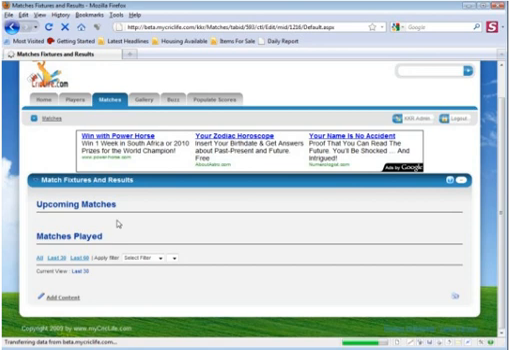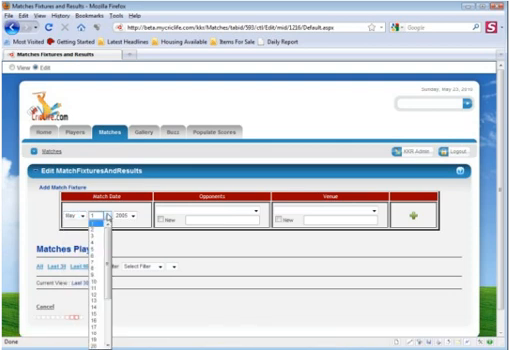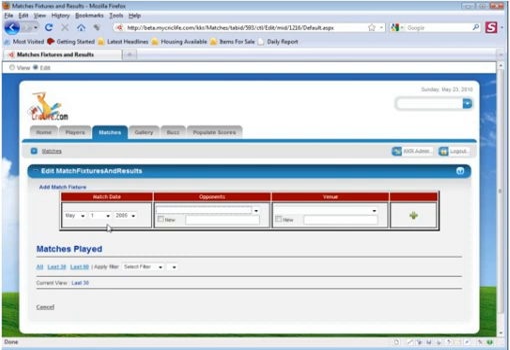This navigates us to a page where we can add match fixtures. The details that we provide in here are the match date, the opponents, and the venue, and hit the add button. So let's go ahead and add a match. Let me say May, and the page goes through some Ajax refresh and select the date and the year of the match,